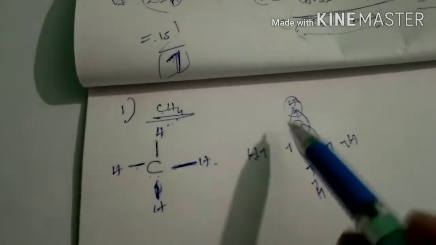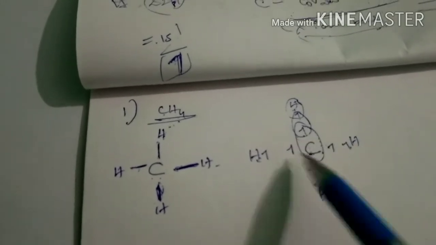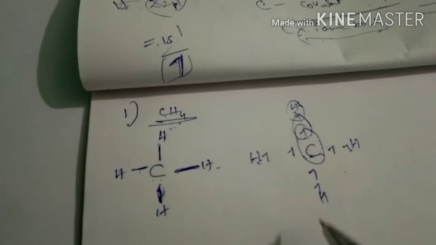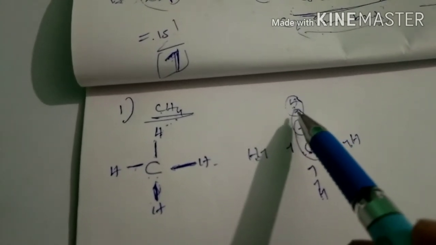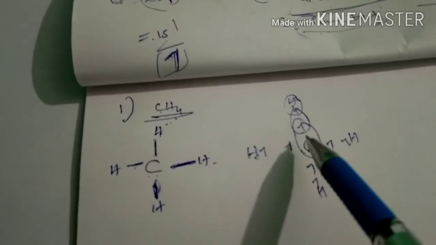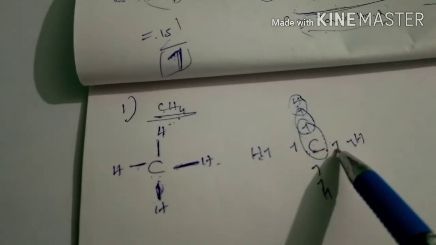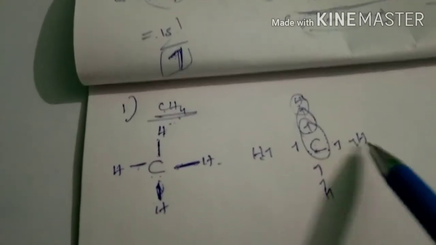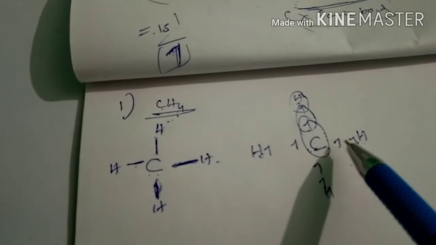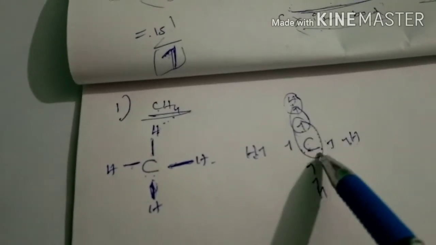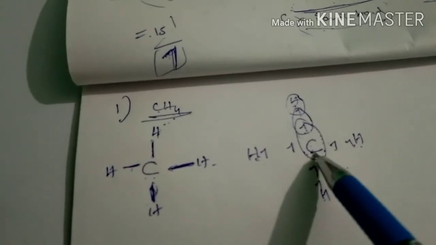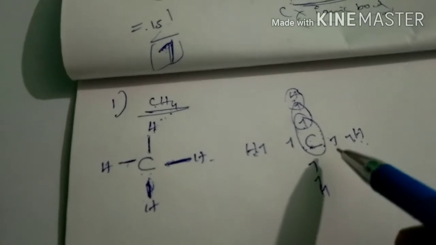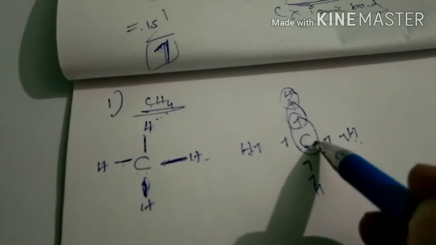I repeat once again. Carbon contains 4 unpaired electrons. Each hydrogen contains one electron. So after that what happens? Some agreement takes place between 2 atoms. Here see, between this electron, one agreement. Agreement is called sharing. Sharing takes place between this carbon and this hydrogen. Then if sharing takes place equally, then between these 2 atoms one bond takes place. Because of that sharing, that bond is formed.